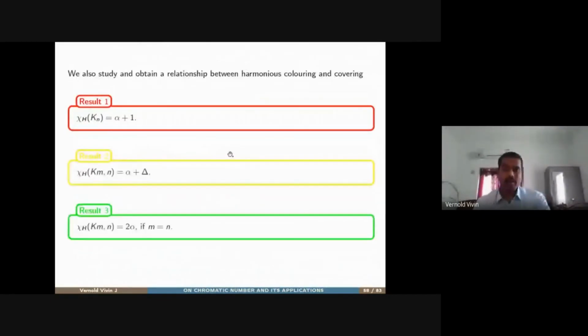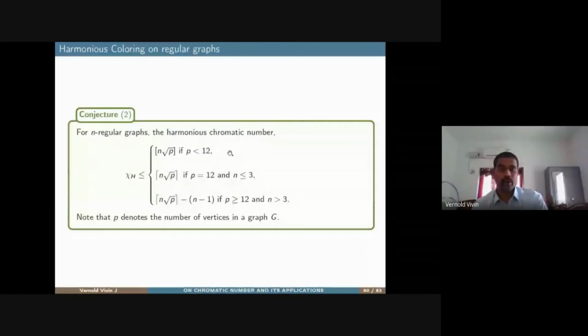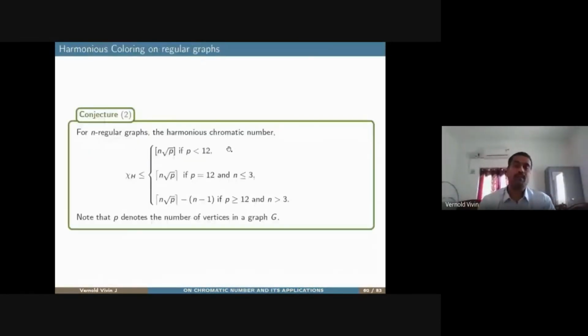So finally, these are all the results which we have obtained, and the interesting conjecture on n-regular graphs. This conjecture, you can go through it. And finally, to conclude, I go for a practical example for this